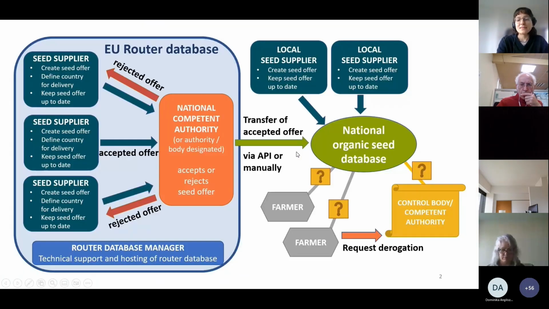Okay, you've already seen this graph. Just to show you quickly again who uses which database. The EU router database, which I will show you today, is used by suppliers from all over the EU, and also all national authorities have a login. Then it is also used by us, FiBL, as the router database managers. And you can use the router database to place your offers, and they can be transferred to all national databases